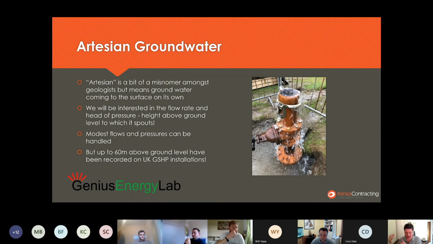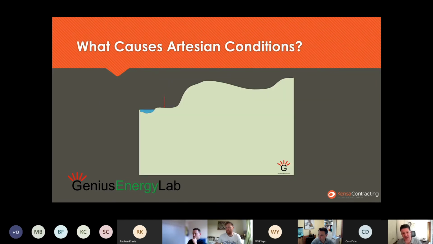And it's something that particularly the Ground Source Heat Pump Association were very aware of and very concerned about, that people are going out without proper geological investigation, banging holes in the ground, and they may not be equipped to deal with it when it happens. So it's a great concern out there. Decent drillers, though, will go equipped, ready. They'll be warned by us and the geologists that they could have a problem, and they'll be able to handle it. So let me talk about what causes Artesian conditions,